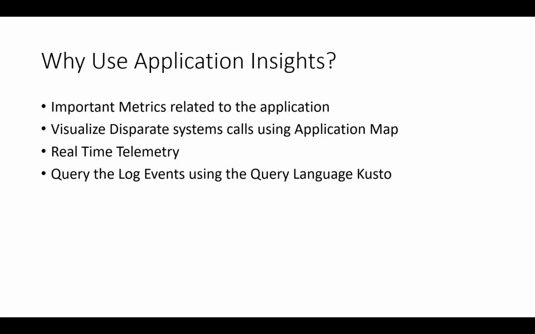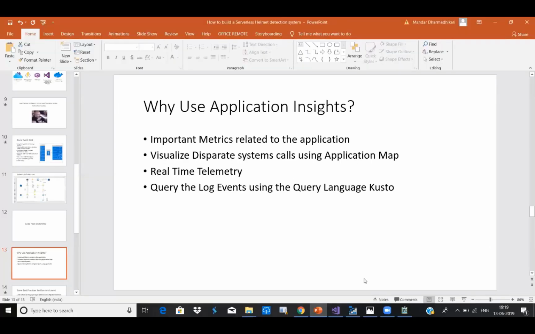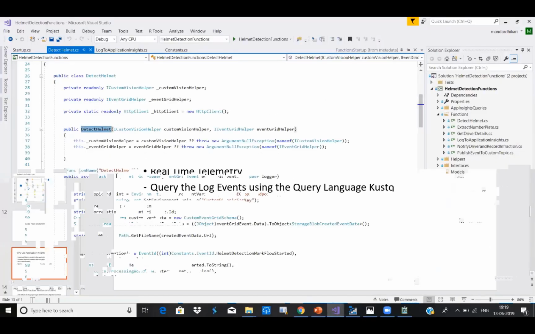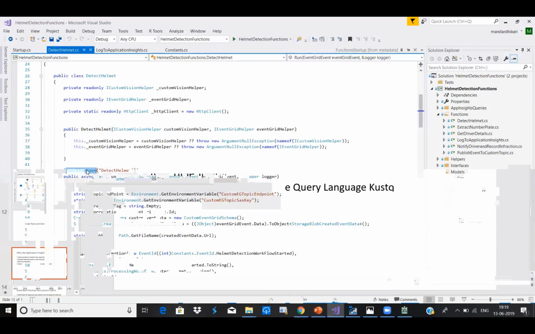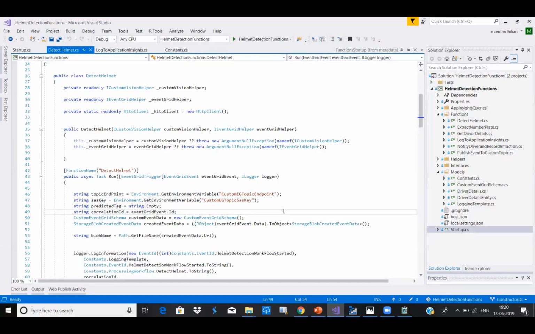Then we just move back to code once. Now, if we see that for this particular method, which is decorated with this function name attribute, we are injecting an instance of ILogger in this particular method. The ILogger allows us to set up structured logging for our functions. I believe this is a really nice feature, and it definitely proves to be a lifesaver,